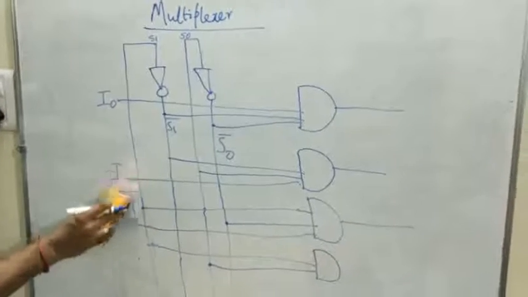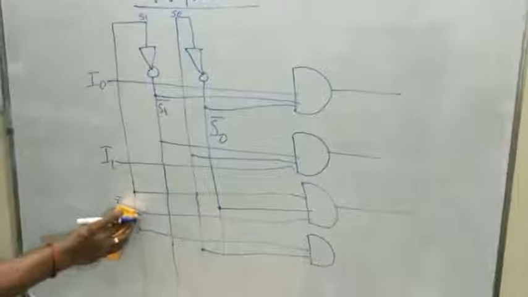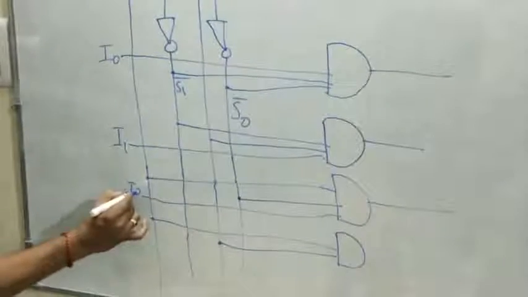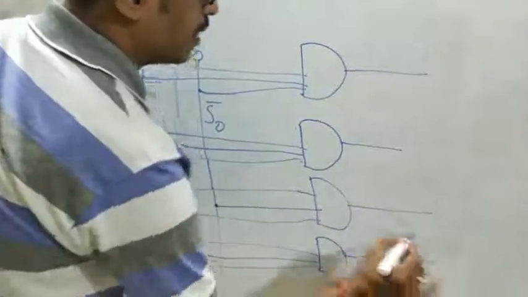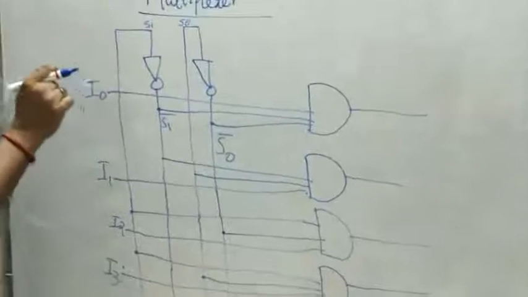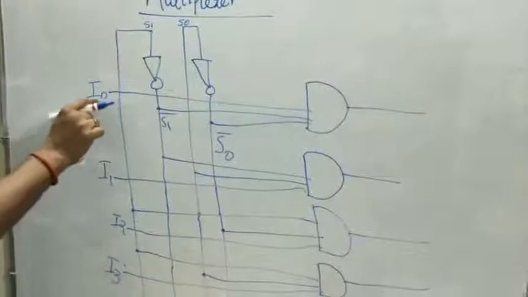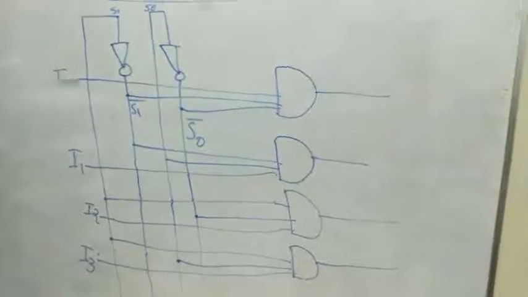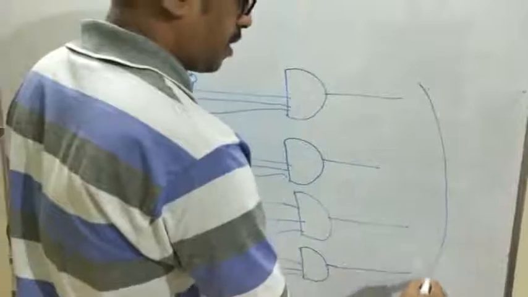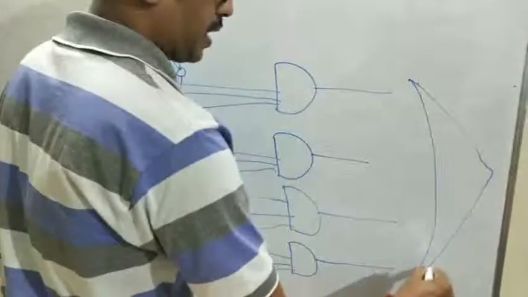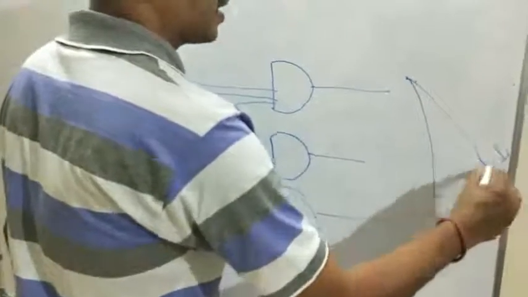Once again I have made a mistake. It is I1, sorry, I1. It is I2. Now what I am going to do with is I3, right? I3. Yeah. Then this is nothing but a simple 2x4 decoder as of now. One minor change I am making is connecting the 4 data inputs with each AND gate, right? Then I am going to combine all these 4 outputs through an OR gate. Okay, this is our single output called Y.